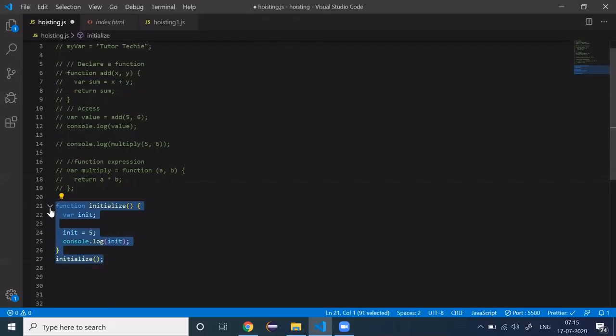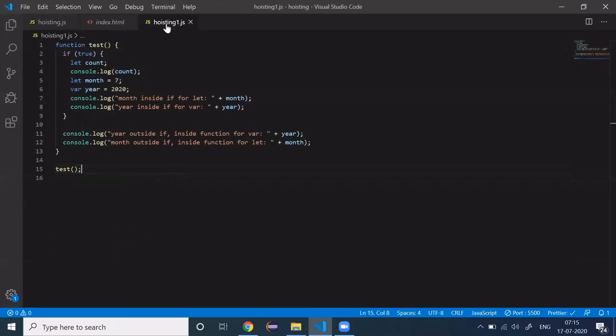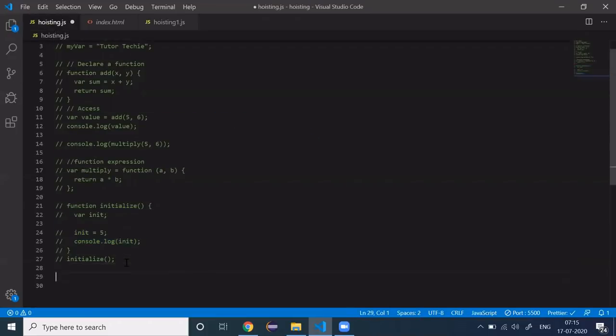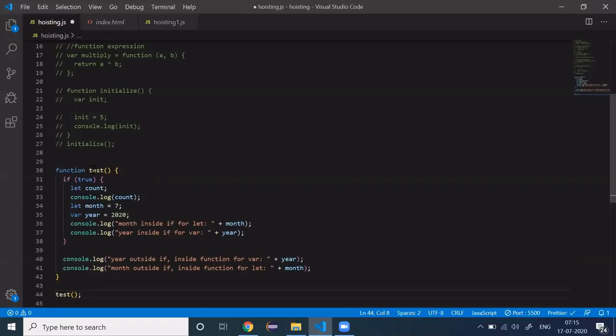Let's comment this code as well, and let's copy this code and put it over here. I have a test function, and I'm calling it from here. I have a block over here. Block means the curly braces, whatever we use, right? This is a function block, and this is an if block.